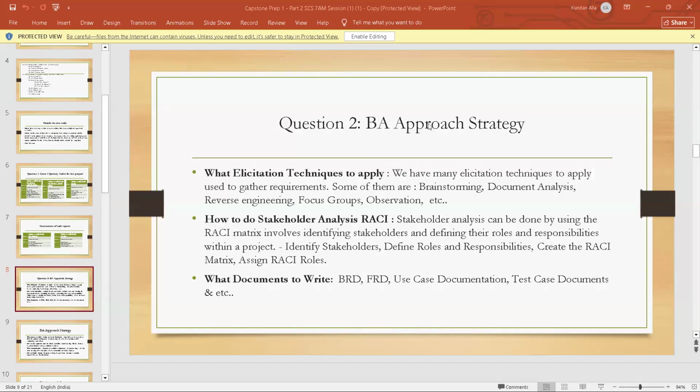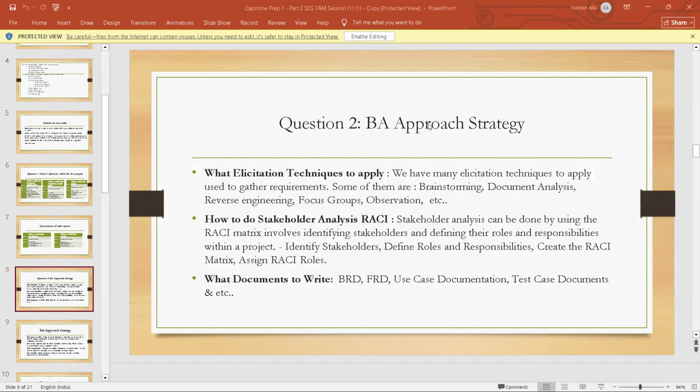Some sort of requirements. Okay, and we will be using them to gather the requirements from the client. And after the completion of elicitation techniques, we'll be doing some stakeholder analysis. By using stakeholder analysis, we can identify which stakeholder is for what role. To define the roles and responsibilities of a particular stakeholder, we will be using this